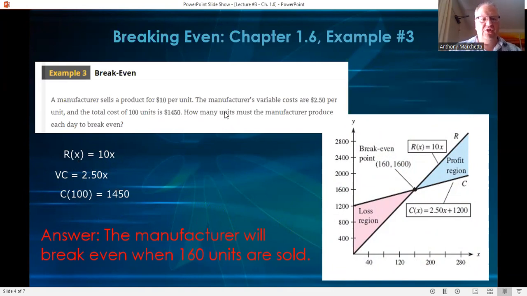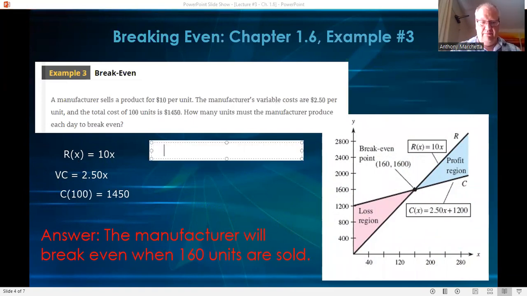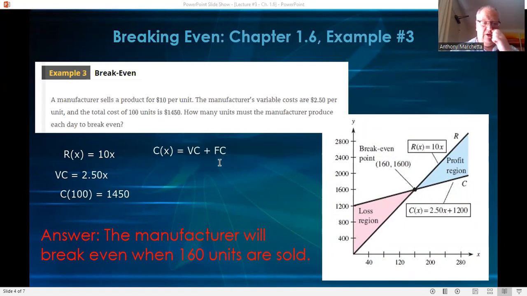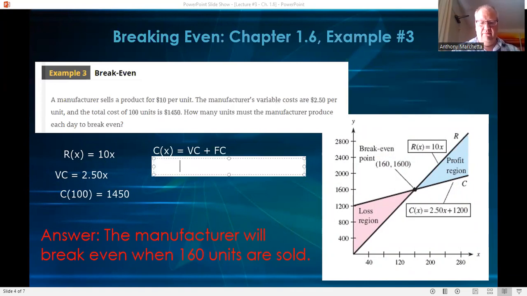The variable costs are $2.50 per unit. Remember that the cost function, C of X, is the variable cost plus the fixed cost. Let's write that out. Now we know what the variable costs are already. It's $2.50, right? 2.50x